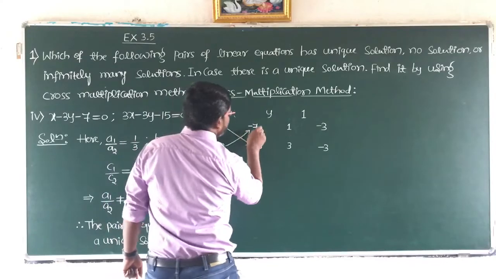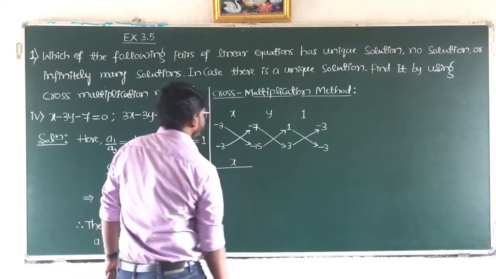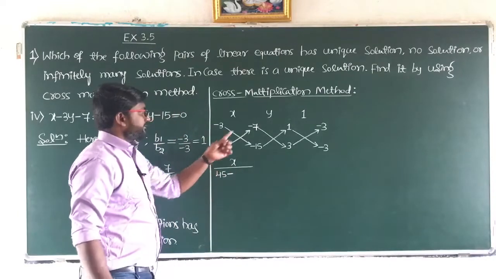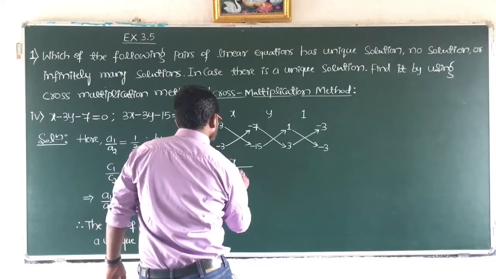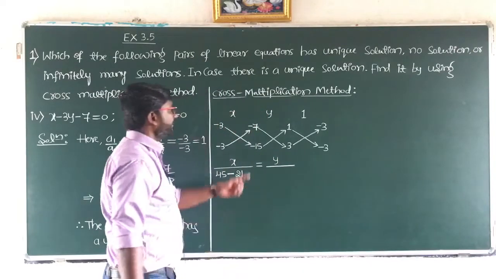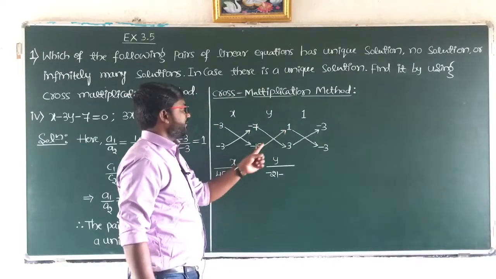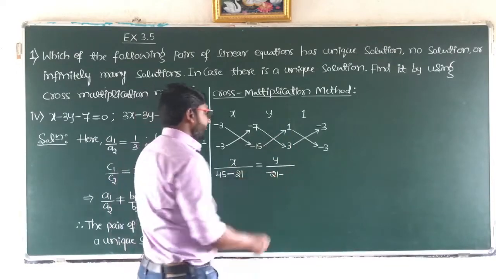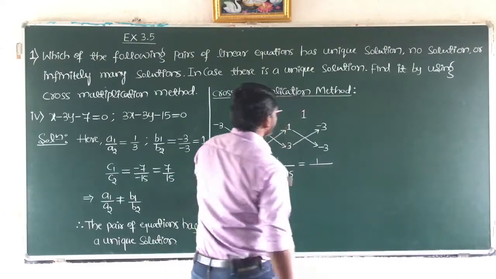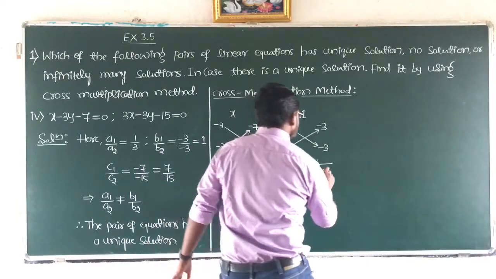So now multiply these two, minus multiplication of this. So x divided by minus 3 into minus 15 will be plus 45, minus multiplication of these two now, minus 3 into minus 7 will be plus 21, which is equal to y divided by minus 7 into 3, it is minus 21, then minus multiplication of these two, minus 15 into 1 will be minus 15, then minus into minus becomes plus 15, which is equal to 1 divided by 1 into minus 3, it is minus 3, then minus 3 into minus 3, it is minus 9, and already we have minus here, becomes plus 9.